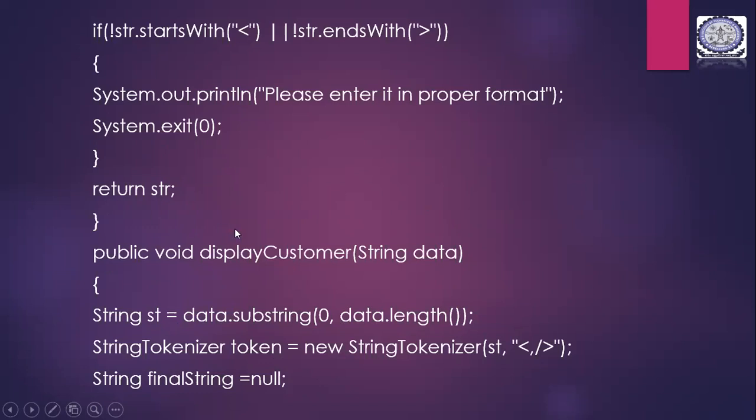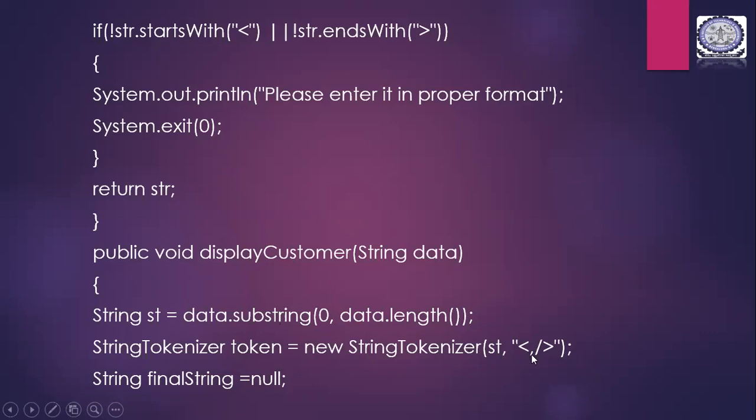You take the entire length of the string here. Okay. Then StringTokenizer: you're defining a new object of this class called token, and you are giving the constructor for the StringTokenizer class. So st is the string value you are giving. You saw the constructor there, right? StringTokenizer. So these are the delimiters.